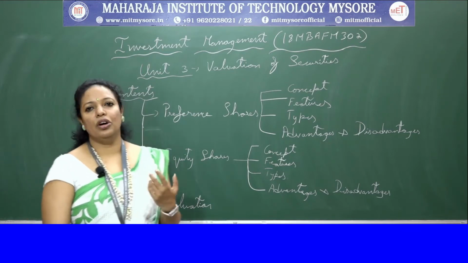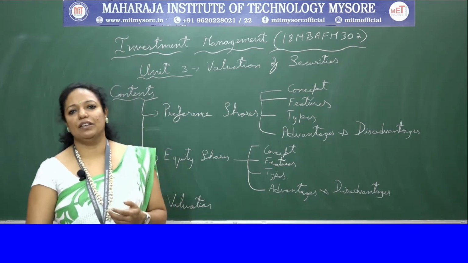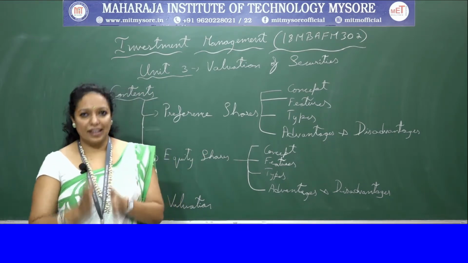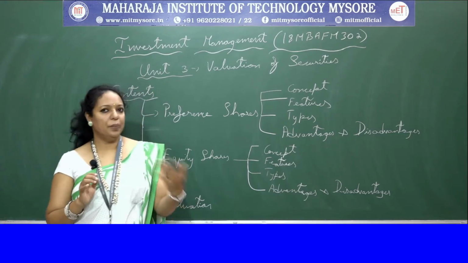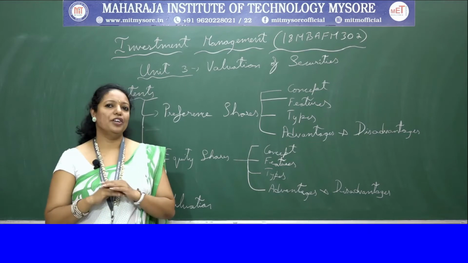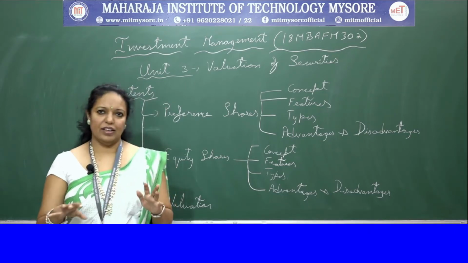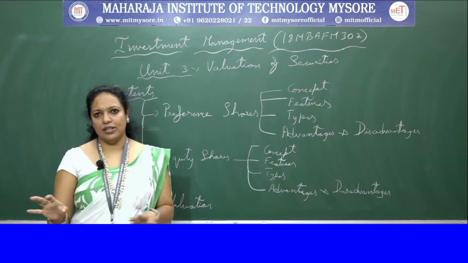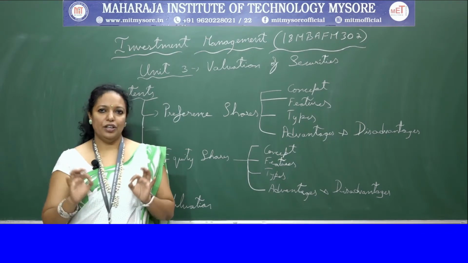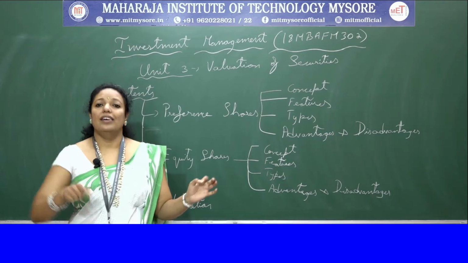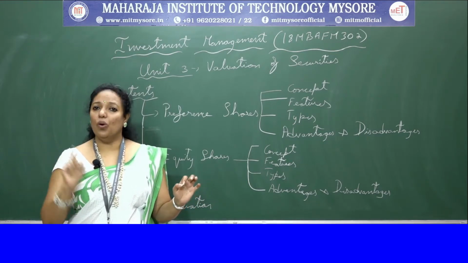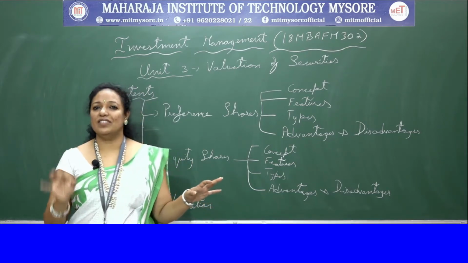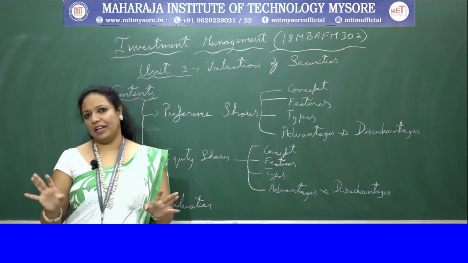Let's go on to the next one, which is non-cumulative preference shares. It is vice versa of cumulative preference shares. In this, if the current year you get profit, you pay the dividend. Next year you don't have profit, you are not accumulating anything, you are not paying anything. It is only being paid out of the net profits. Suppose this year you are in loss, you are not paying any dividend to the shareholder. Next year if you have profit, then only the next year's dividend is paid to the shareholders, and the previous year's dividend does not get accumulated, nor is it paid.